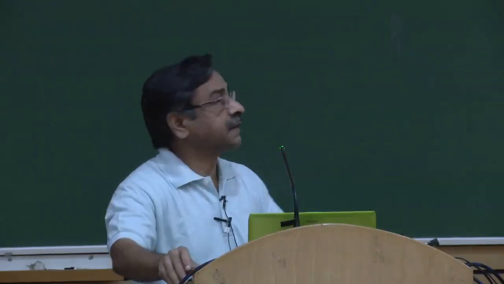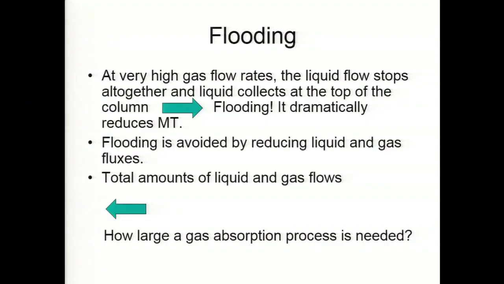We know their ratio, but we know that in terms of the drag, it would be the mass fluxes which would be important. So, to distinguish the mass fluxes from molar fluxes, we will rather talk of L prime and G prime. At this level, we know G prime A and L prime A ratio. We don't know A. That is what we need to decide.